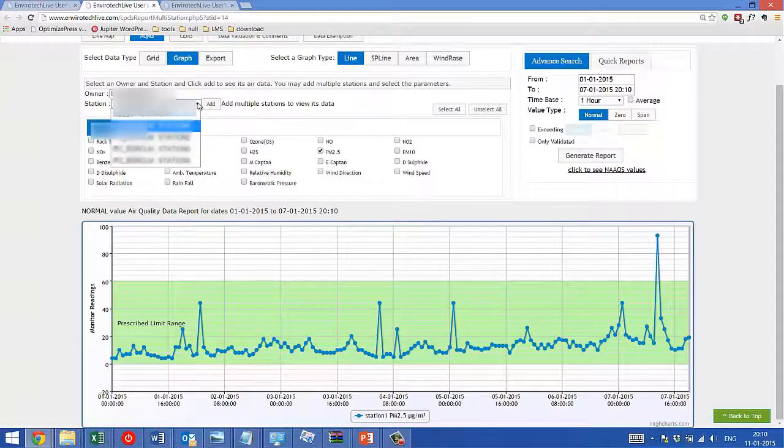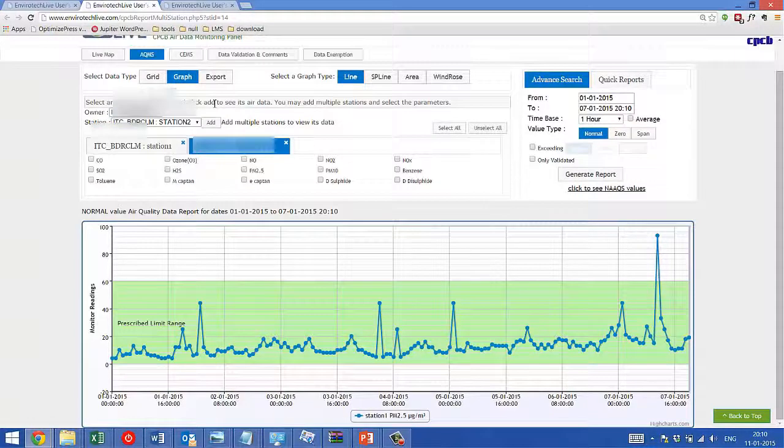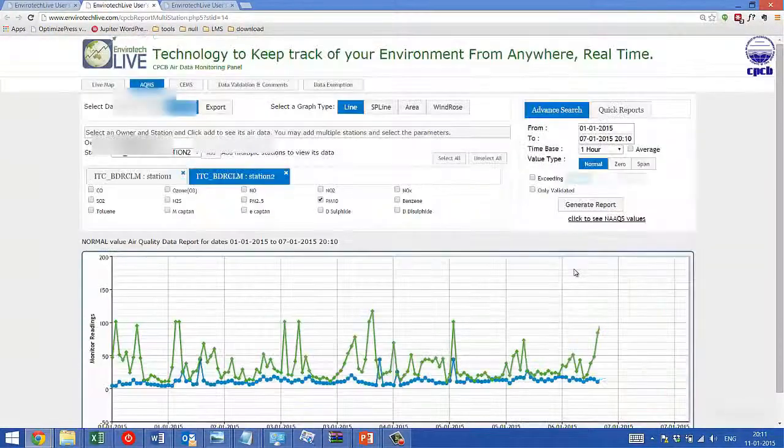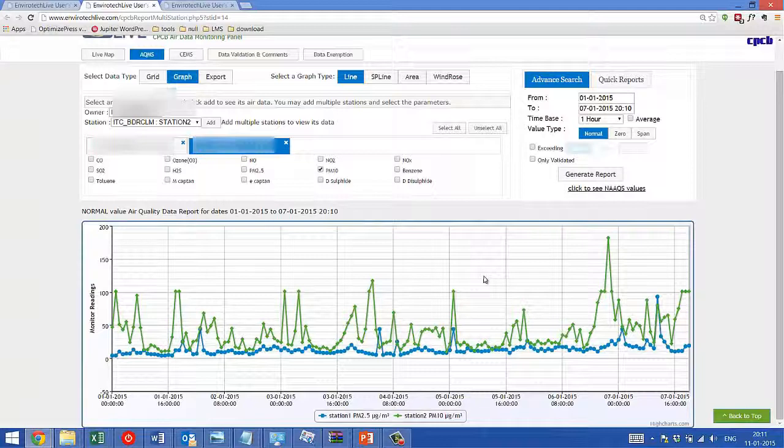So I come to the station menu again and I click another station. So let me click another station from here. I see a new tab has opened up with the list of parameters that are getting measured at the station. I select the same parameter and I again click on generate report. So as you can see now,